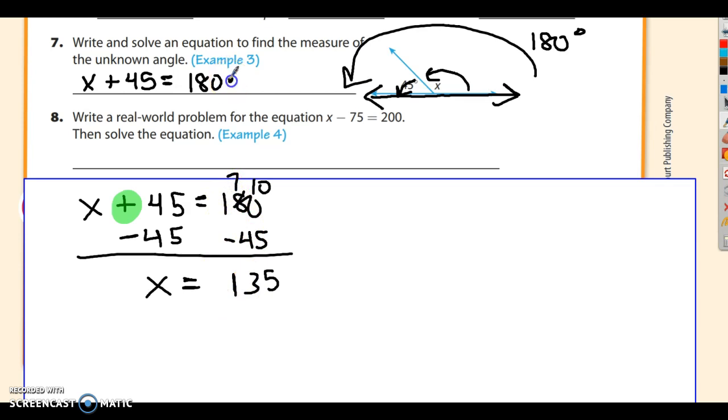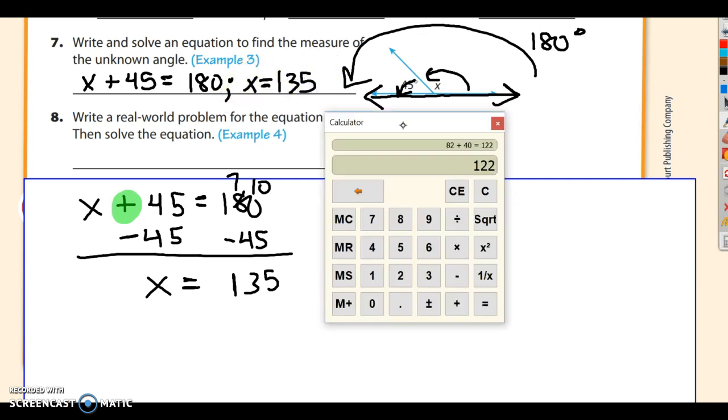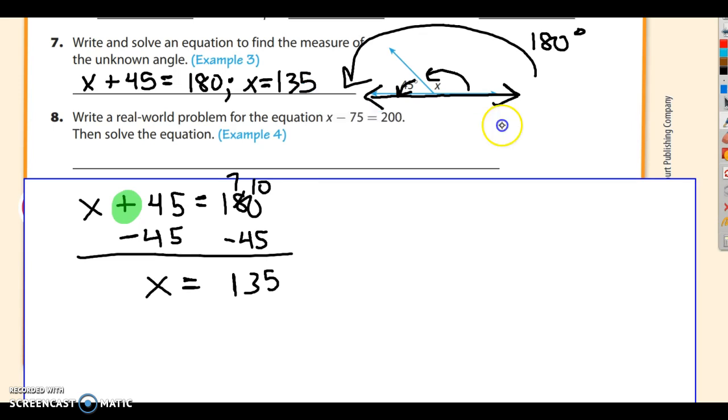I'm going to put that down and then I'm going to check on my calculator. If it's true, I can just add up 45 plus 135 and it needs to be 180. It is. Perfect. Number 8 says write a